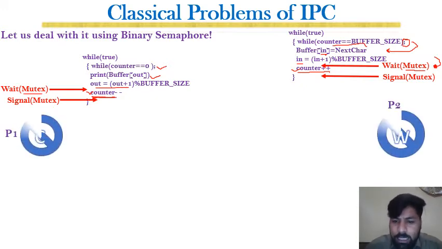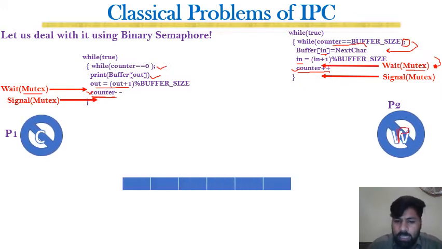And here is the animated way that this solution works. So we have two processes, P1 and P2. Here you can see that P1 is the consumer while P2 is the producer or writer, right? So it is basically the producer. And here is a fixed size buffer that consists of 1 2 3 4 5 6, a six slot buffer size,